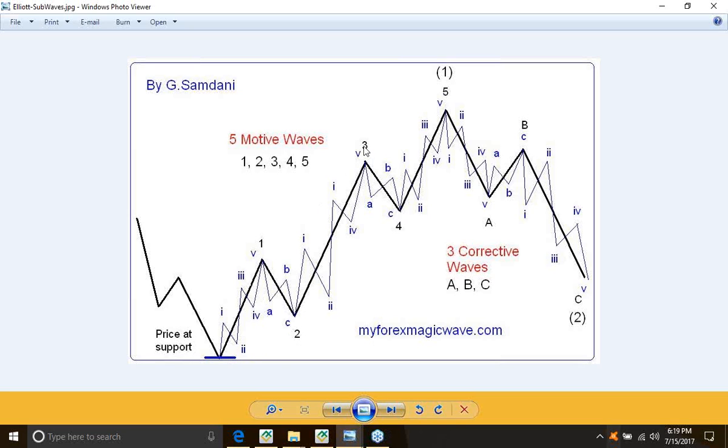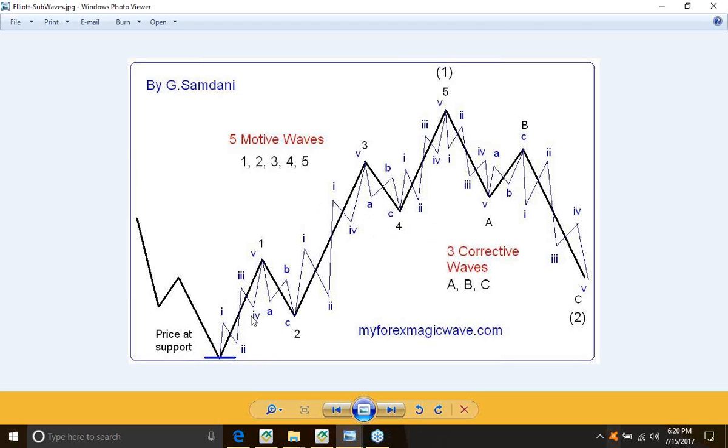Then again, wave 3 on an hourly chart, you will see 5 subwaves in it. 1, 2, 3, 4, 5. So the 1 hour chart will make wave 3. Then you have an ABC correction. On a 15-minute chart, you can see the ABC, and the 1 hour chart will finish this wave 4, right? And then again for the 1 hour chart, the last wave, wave 5, also has 5 subwaves in it. So this is how 1, 2, 3, 4, 5,